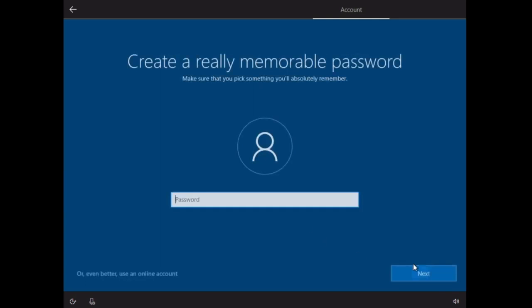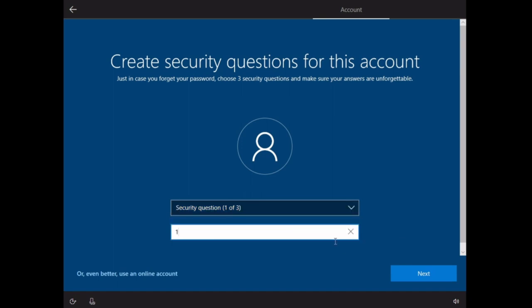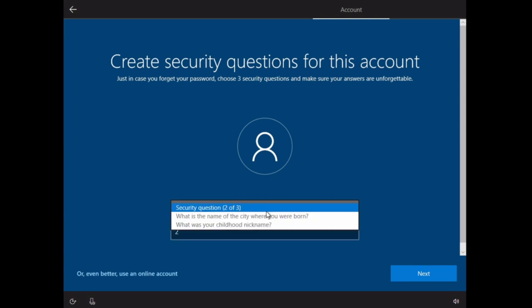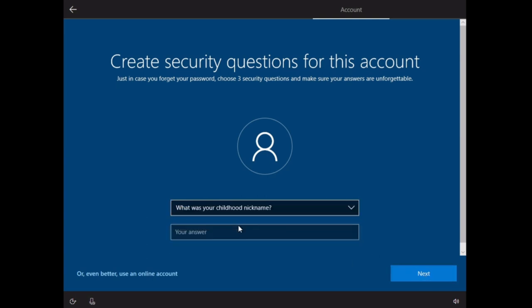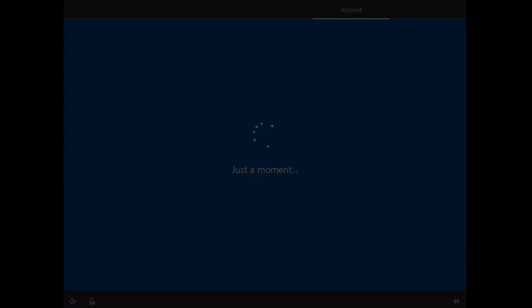Click next. Now enter the password for the profile then hit next. Confirm it. Now create 3 recovery questions in case you forget your password. When you are done click next. And that's how to create a local user account on